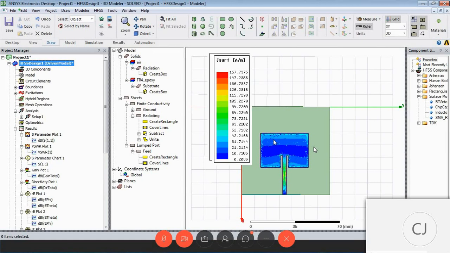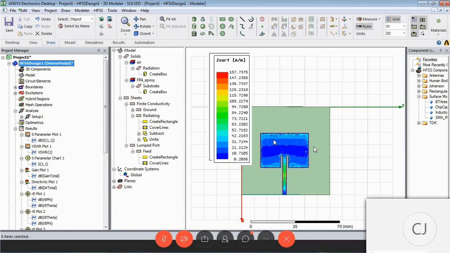Yeah, you take lambda by 6, not lambda by 4. Lambda means free space wavelength. Yes, sir, free space wavelength. Both are divided by the same. Lambda by 4 and lambda g by 6? No, you have lambda g, where lambda g is the guided wavelength. Lambda g by 6, yes, sir, guided wavelength.